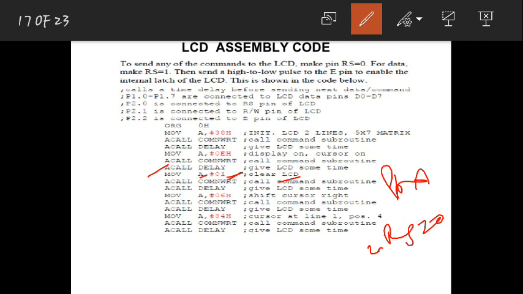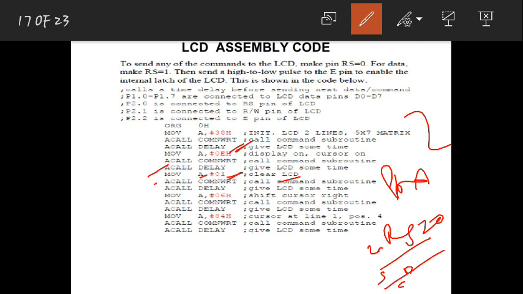Next, again you are writing that command on the LCD. So that means you should select the write option. That means P2.1 should be equal to 0. So clear P2.1. Next, after that line you should set high to low. Which pin? That is P2.2, which is connected to the enable pin. So setb, then clear 2.2. Between these you can also write a delay. Is that fine? So delay means you just call delay. You call the delay because the same subroutine that you called here, you can call even there.